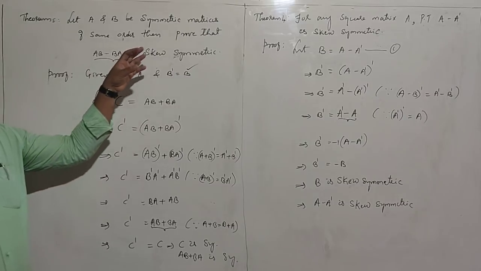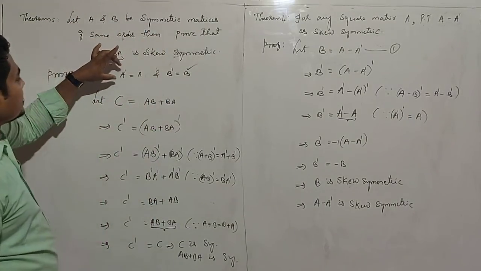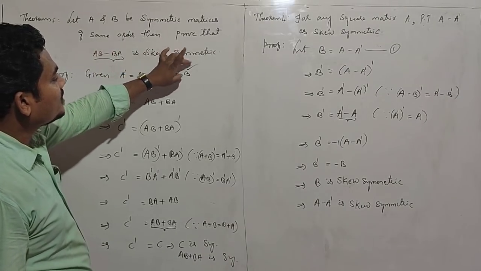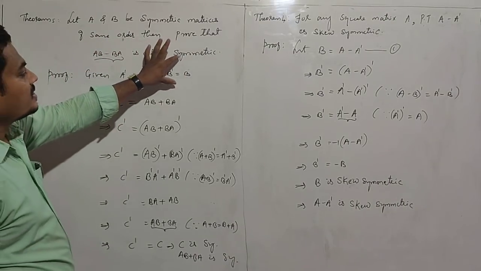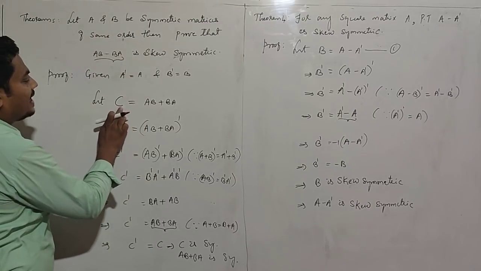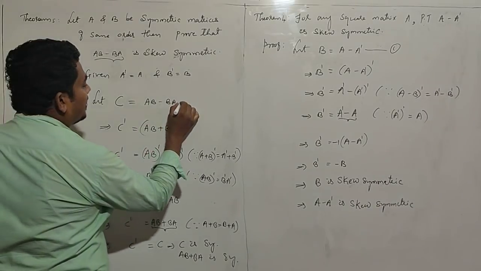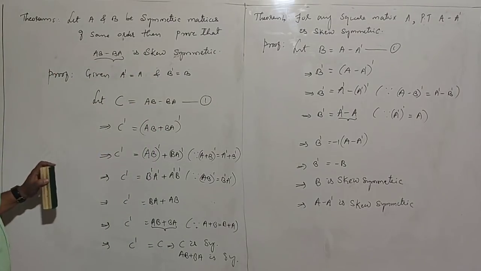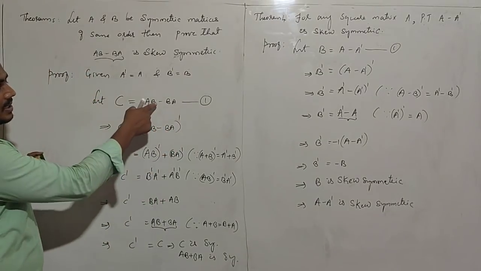In this case also, clearly both A and B are symmetric matrices. A is symmetric means A transpose equal to A. B is also symmetric, so B transpose equal to B. Given data is A transpose equal to A, B transpose equal to B. Let us take AB minus BA as one matrix C. Take it as equation number 1. Taking transpose on both the sides,